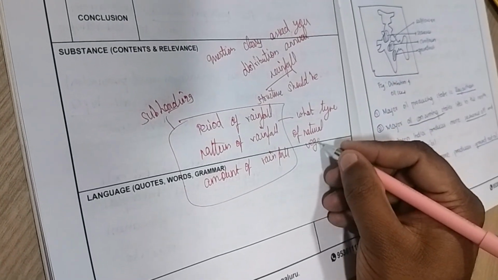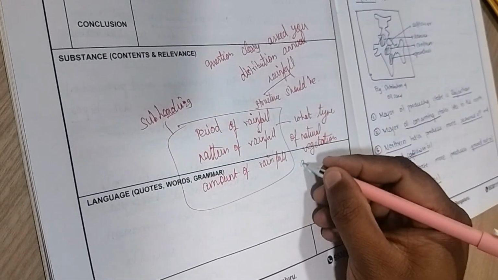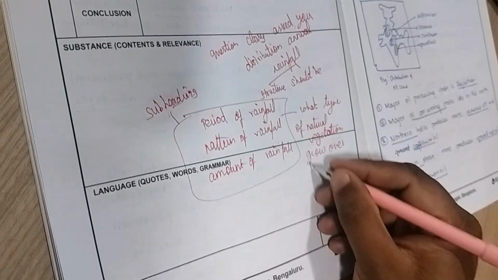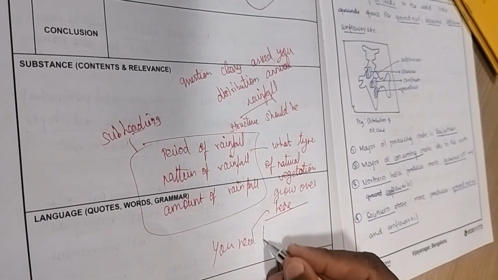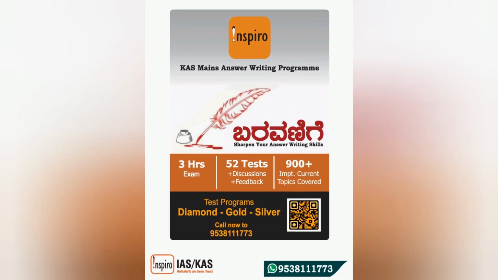Say, for example, mahogany, rosewood, ebony, etc. So you need to link the rainfall region with the period, pattern, amount, and the vegetation that is found there. That is when your answer will be holistic and